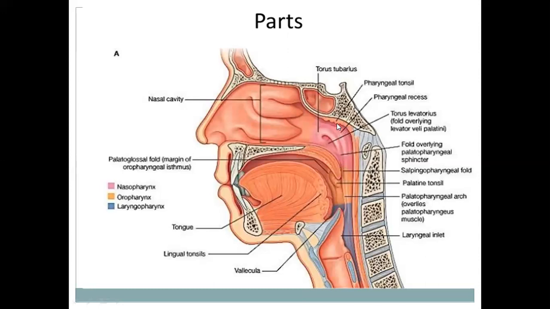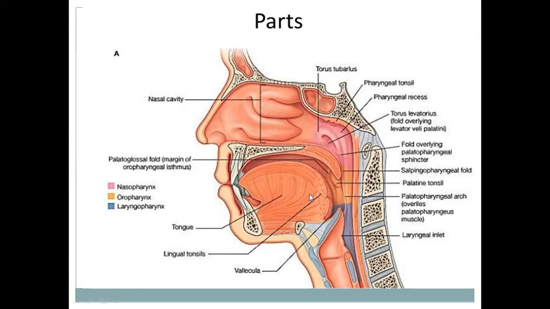These are the pharyngeal tonsils in the roof of the nasopharynx, and the roof is formed by the body of the sphenoid. This is the opening of the pharyngotympanic tube. Here the pharyngeal tonsils are present, and this is the pharyngeal isthmus formed by the posterior wall of the pharynx and the soft palate. When these two come together and close this pharyngeal isthmus, the food particles will not go into the nasopharynx. From the soft palate up to the epiglottis, this is the oropharynx.